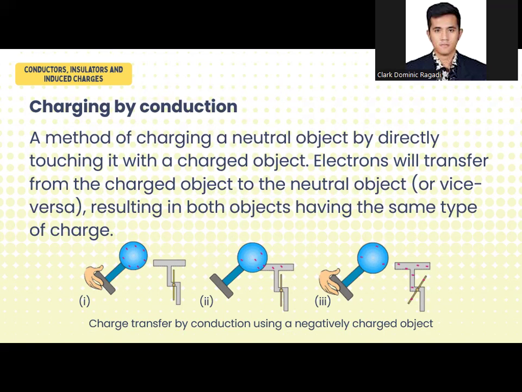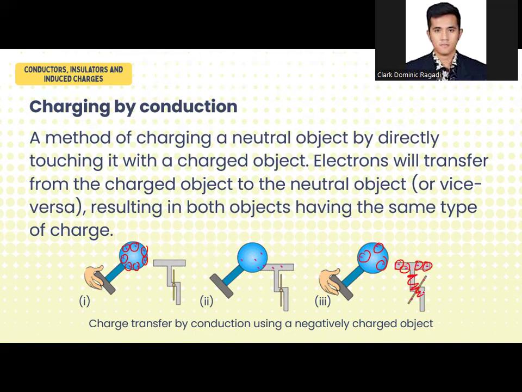And also remember our first principle, the conservation of charges. If we're going to count the charges here, we begin with how many charges? We have 1, 2, 3, 4, 5, 6, 7. And then if you add the charges afterward, it should still be 7. So we have here 1, 2, 3, 4, 5, 6, 7.